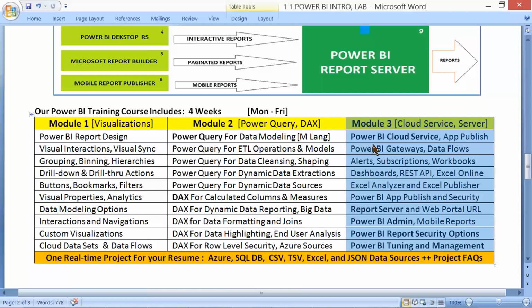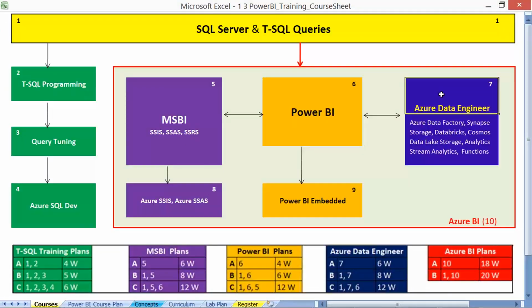And though I said we'll be using Azure data sources in our course, learning Azure is not mandatory. If we know how to connect and make use of an SQL database, then we can easily connect and work with Azure SQL database as well. It is just another database platform for us. If you're planning to get more into Azure after this Power BI course, and if your resume really demands it, then you may opt for number 7 and do the integration activities.